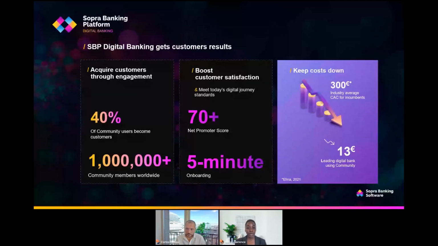We've got customers that were able to convert 40% of the users from their community to become banking customers. And for that solution also, we've got 1 million users across the globe. So we are able to definitely create solutions that help to increase engagement and then move and push customers on to the onboarding stage. And then we're also able to help boost customer satisfaction and help banks meet today's digital